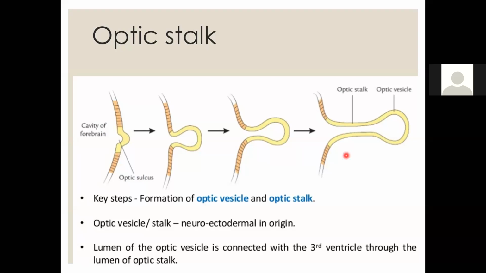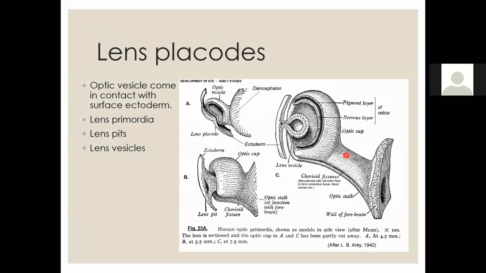I hope we have enough time. Okay. So now how lens is formed. अब lens की formation भी बड़ी tricky है. How it's tricky? Because the first and foremost important point is that the optic cup and optic vesicle should come in contact with a certain area of the ectoderm, surface ectoderm. जैसे ही ये contact होगा, genes आएंगी and they will modify the surface ectoderm and this will form the lens